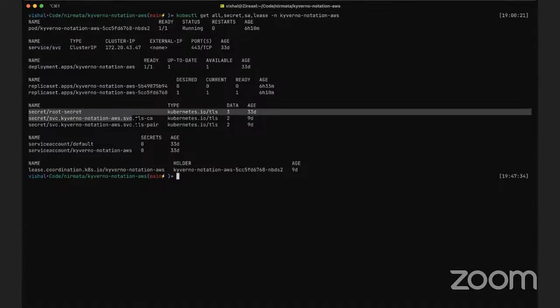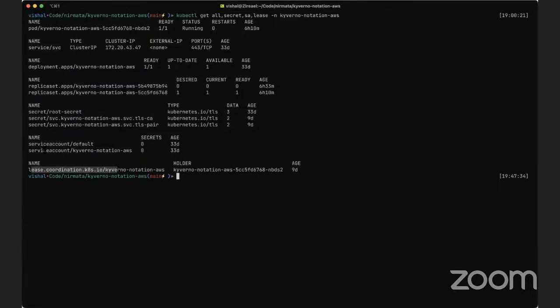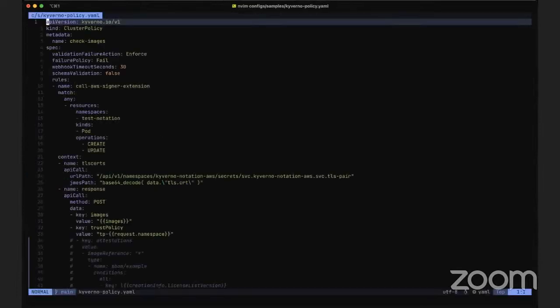We also have the secrets and a lease for cert management, as well as a service account for authorization purposes. So once you have everything set up and running, then we will have to allow Kyverno to be able to access this plugin. And to do that, we have to set up a Kyverno cluster policy. So here we have a cluster policy